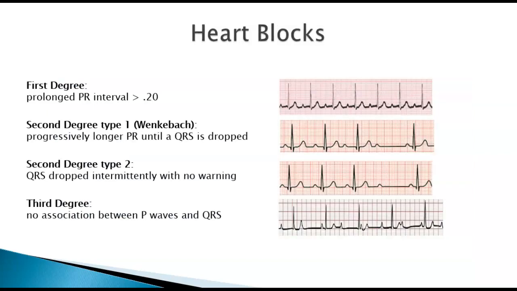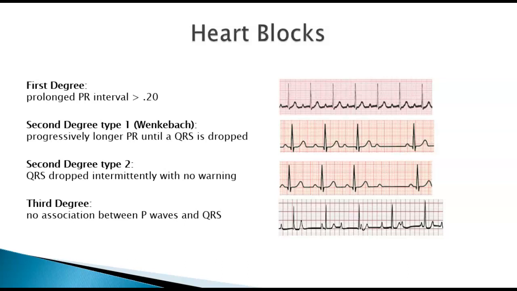Let's talk about heart blocks. I actually like heart blocks. I don't think that they're quite so difficult. First degree heart block is your normal sinus rhythm, except your PR interval is greater than 0.20. That's it. You'd have to print off a strip and measure it to see that it's greater than 0.20. People don't usually come to the ER for a first degree heart block. They don't even know they have it. Second degree heart block, they could have symptoms.